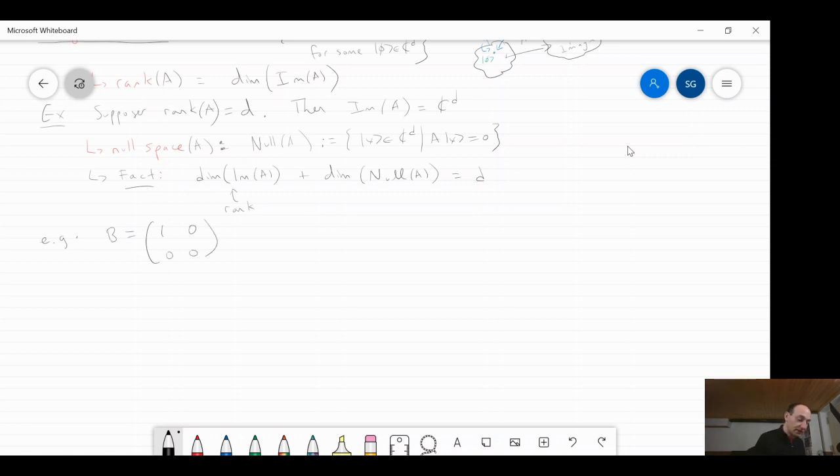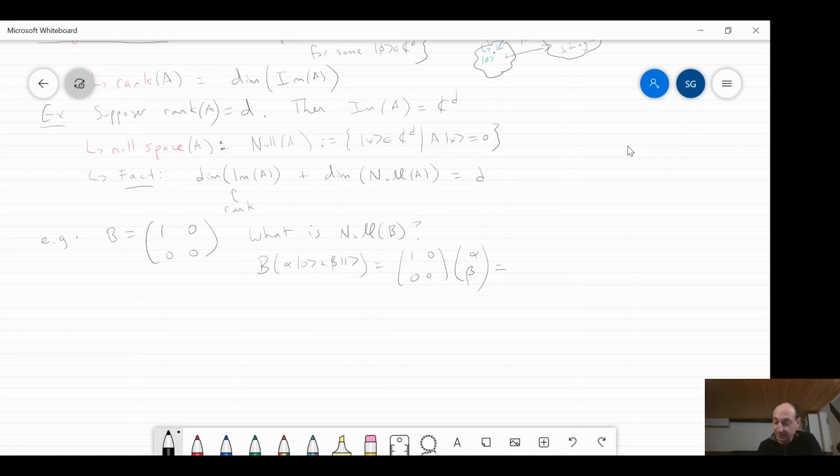And now we can think about what is the null space of this matrix B, right? What is the set of all vectors that get sent to 0? The most naive way to figure this out, at least in this easy example, is you can just take B and multiply by some arbitrary state, let's say alpha 0 plus beta 1. And I'll even write it in matrix form because it's a small example. I know I'm violating my guidance to you not to do things in matrix form, but for this very basic example to demonstrate, what happens?